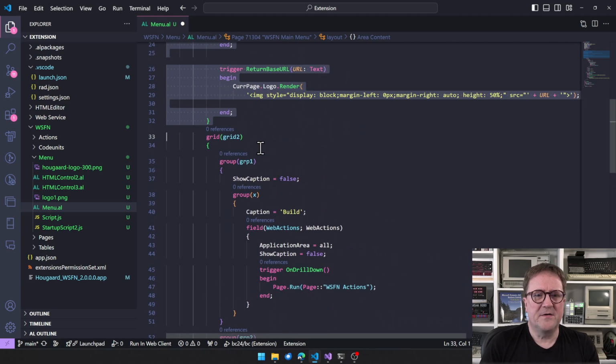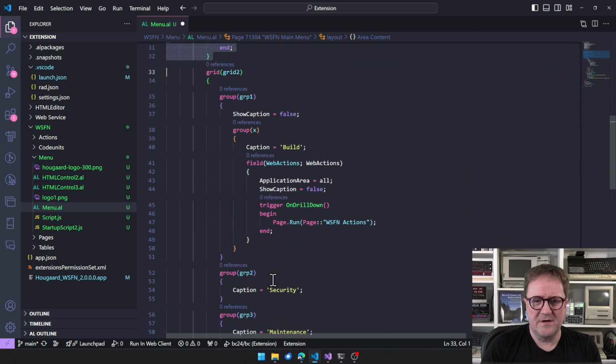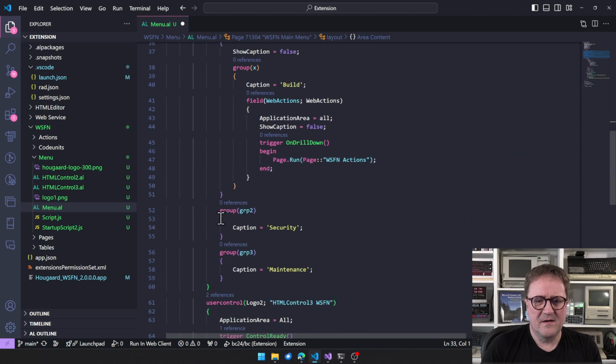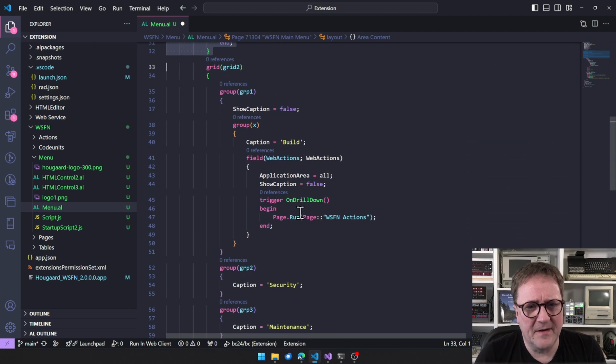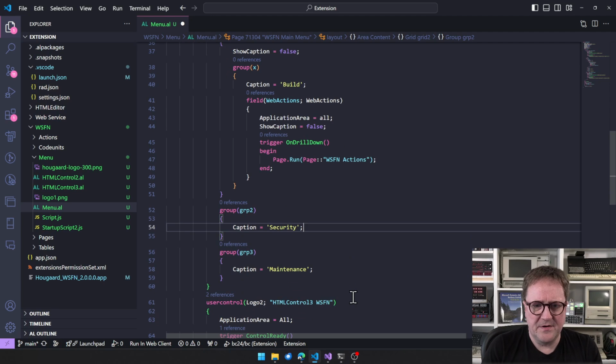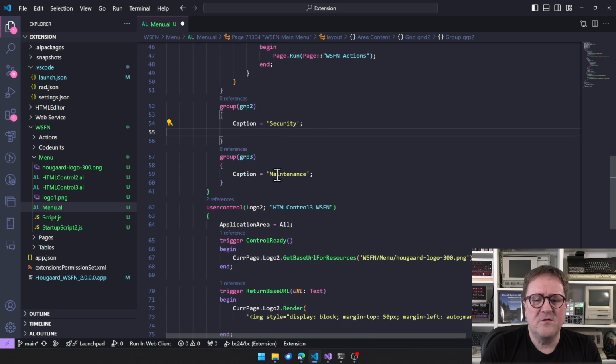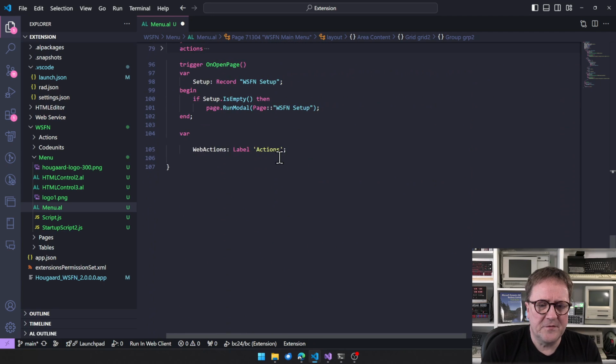So what I have done here is that I have a grid and a group and a group, and this is where it sits. And there's some weird rendering thing unless you add a group in the grid. But I think I can add a new menu here. And the way you do it is actually you add a label to a field. So the first thing we go do